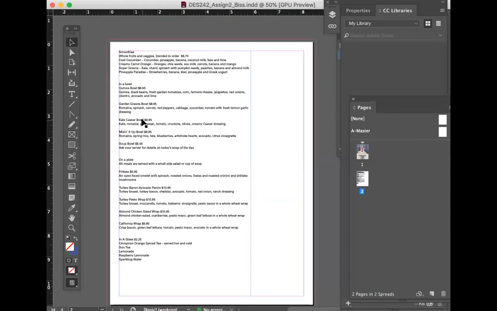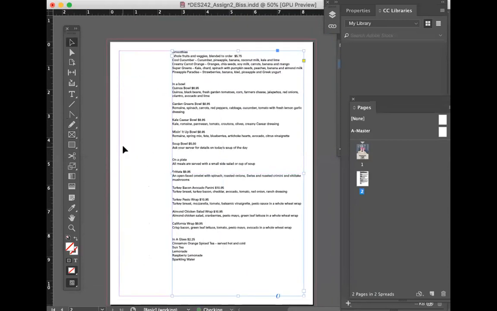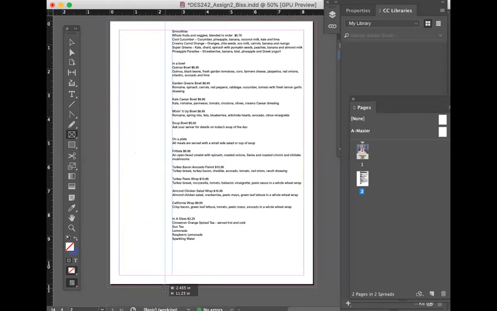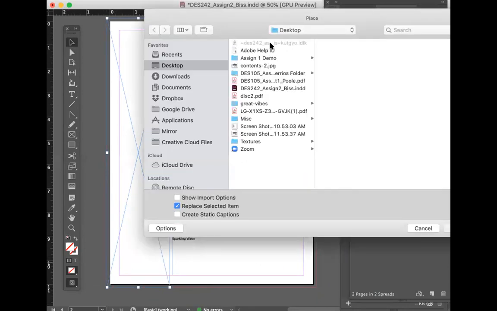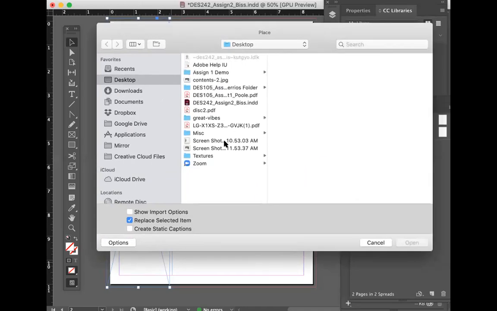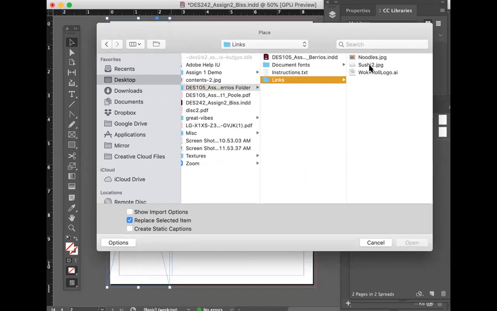I'm going to pull this over to the right, and I'm going to utilize this over here primarily for an image. I'm going to do about 2 1/4 here, or maybe 2 1/2, bleeding off. And I'm going to place the image that I used on the front cover.